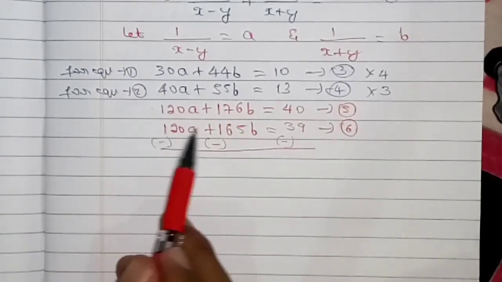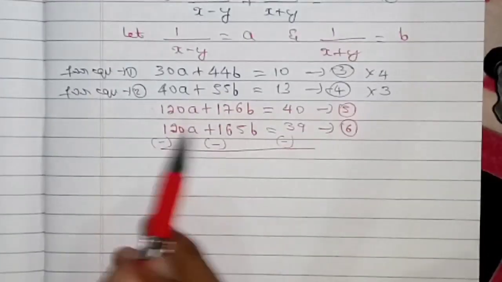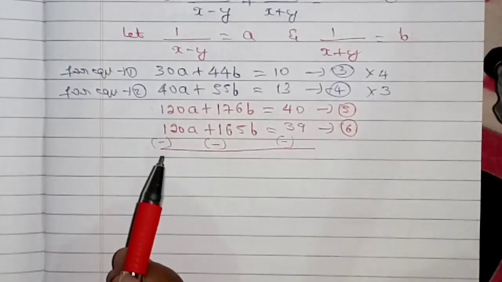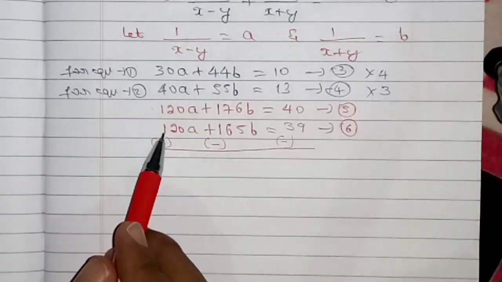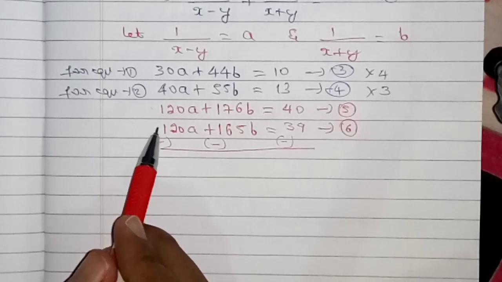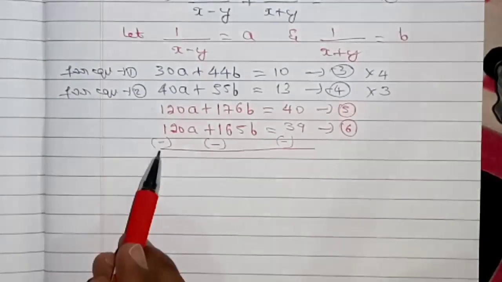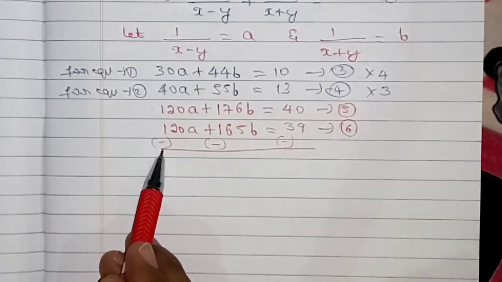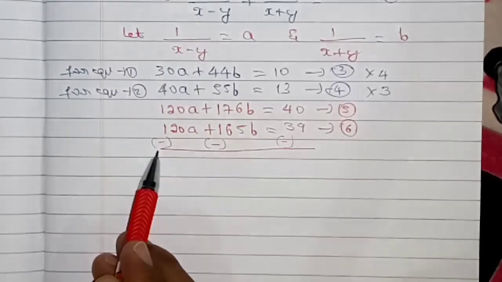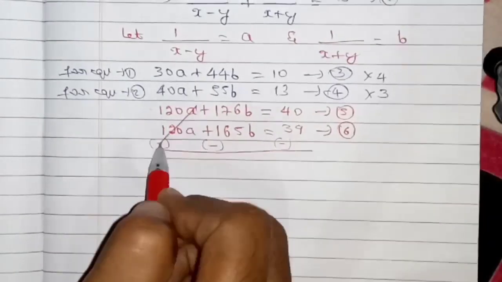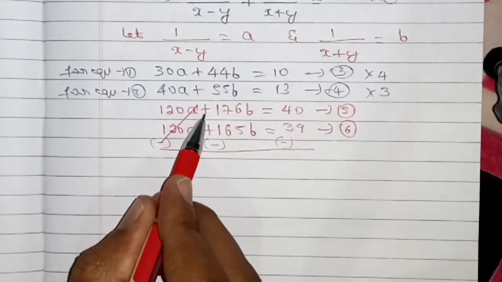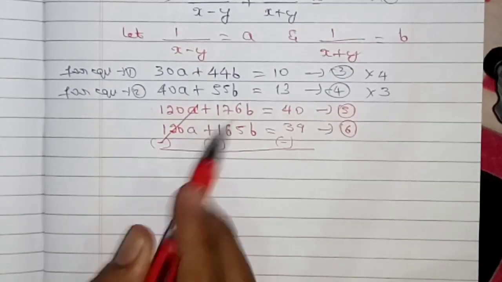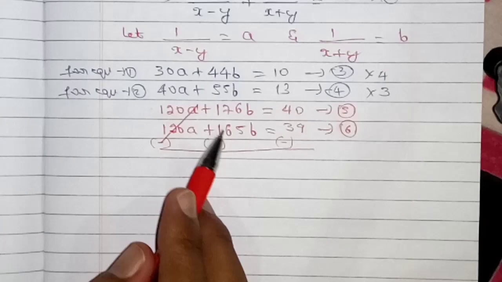Now you need to neglect the middle symbol. This is the method that you need to follow for the elimination method, right? Now you need to neglect the middle symbol, and you need to take the first and third symbol. What is the first symbol? First symbol is plus, and the third symbol is minus. So now plus into minus is minus, so therefore it gets cancelled. Okay children, here you need to take the first and third only, right? Now plus into minus is minus, so therefore subtract it.